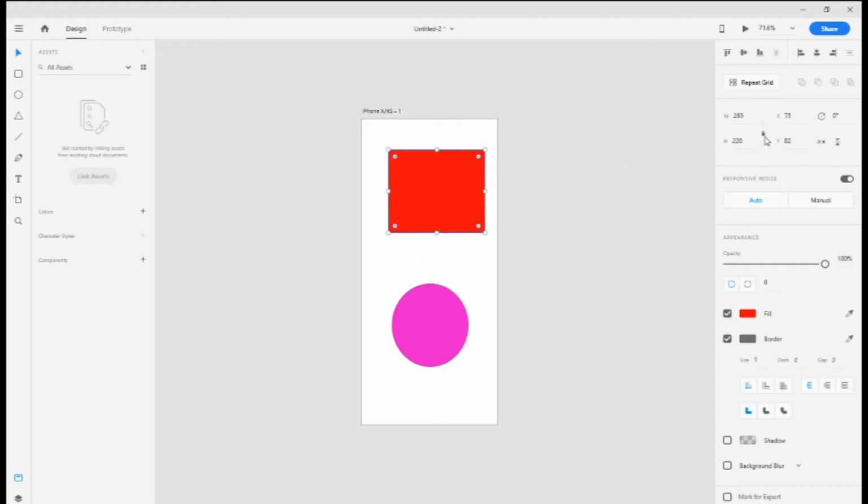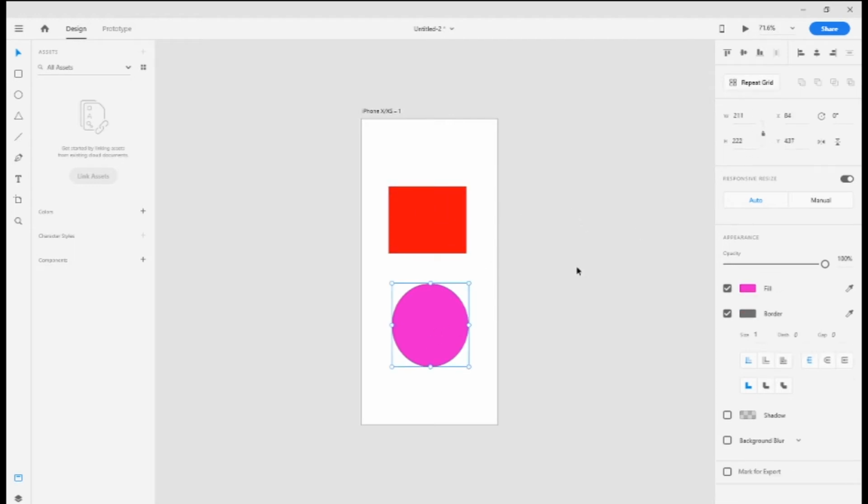If you lock this, then the object will keep its aspect ratio while resizing. When you do so, the ratio between width and height of the object is preserved when resizing. This is a fixed, this is a locked ratio.